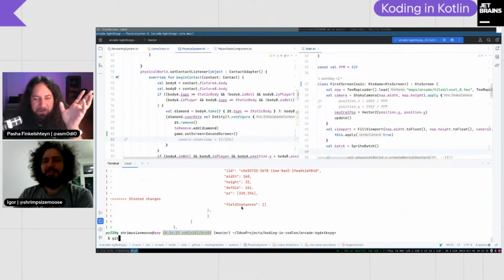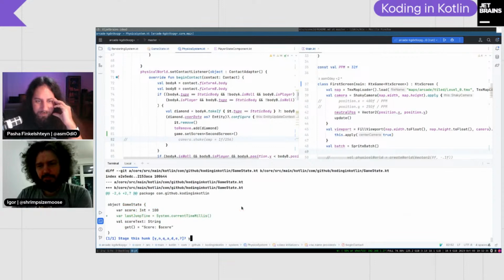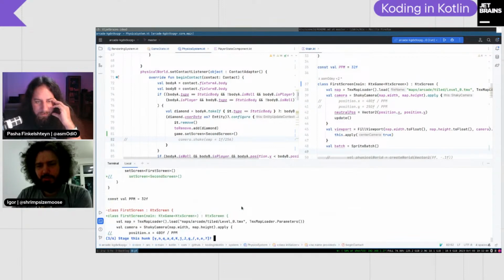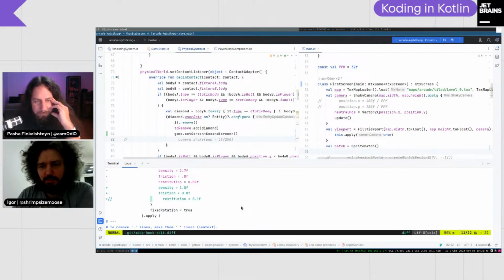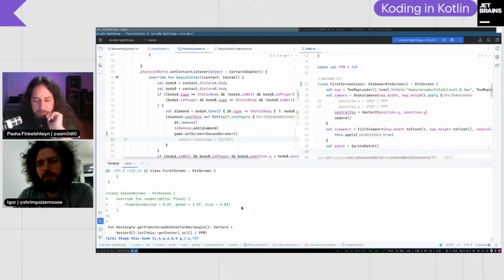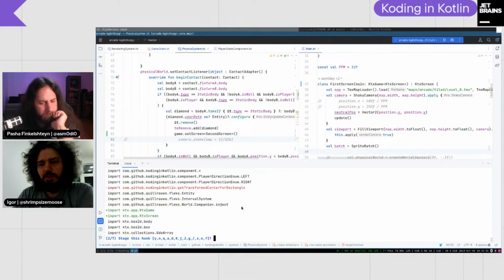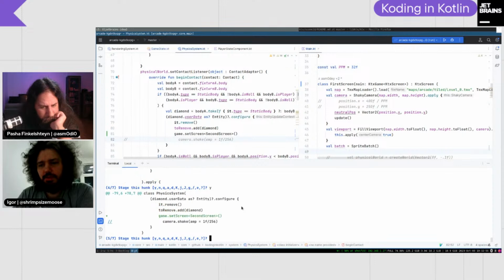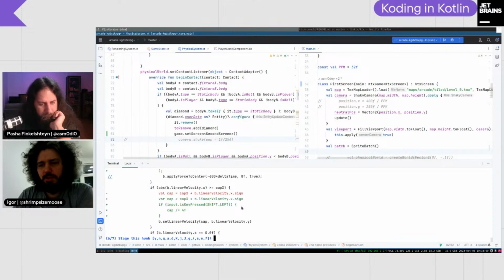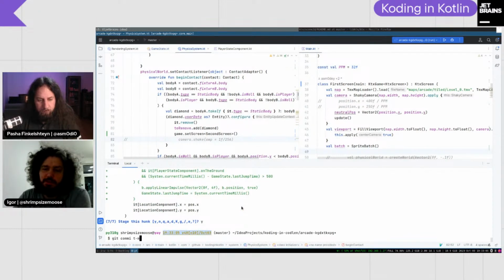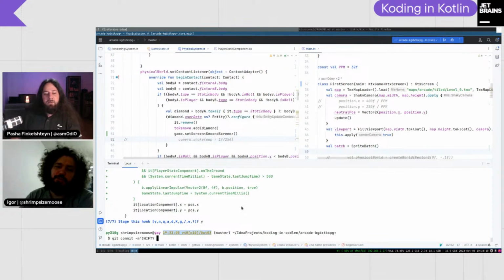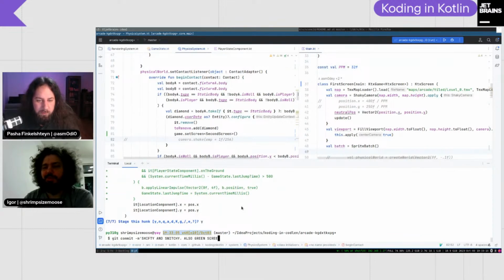You have the terminal on there, right? We added the rate limit for jumping. We did some stuff here. Don't think that restitution is necessary. Here, this is the second screen. Let's take that. This is slowing down. So actually we did quite a lot. Yeah, I mean, it was a rich episode. So green screen. Yay.